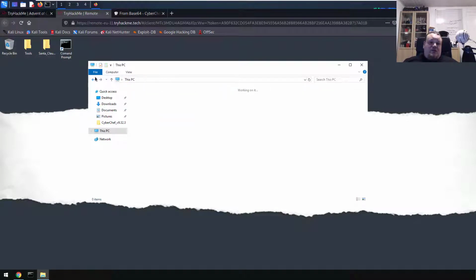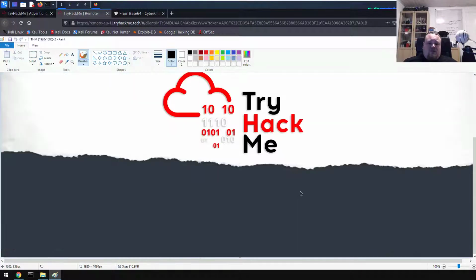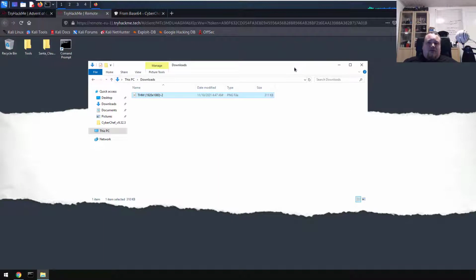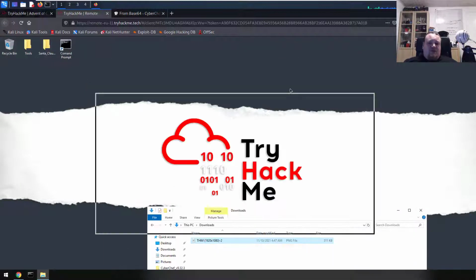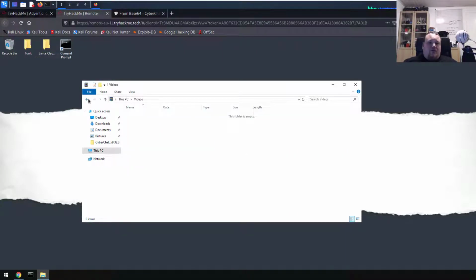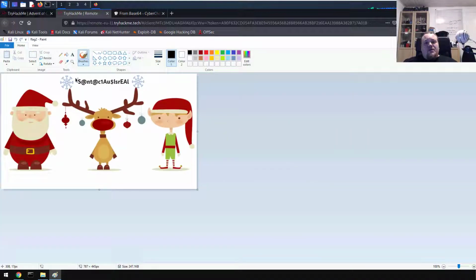Like this folder there, the desktop, we have it already. Documents is empty. Downloads, we have some PNG file here, and it seems like it's the background of the machine, as you can see here. We found that would not be it. We have music, no, and videos of course, and then lastly we have pictures. And we have some folder called Grinch 2021 with a flag number 2, which is